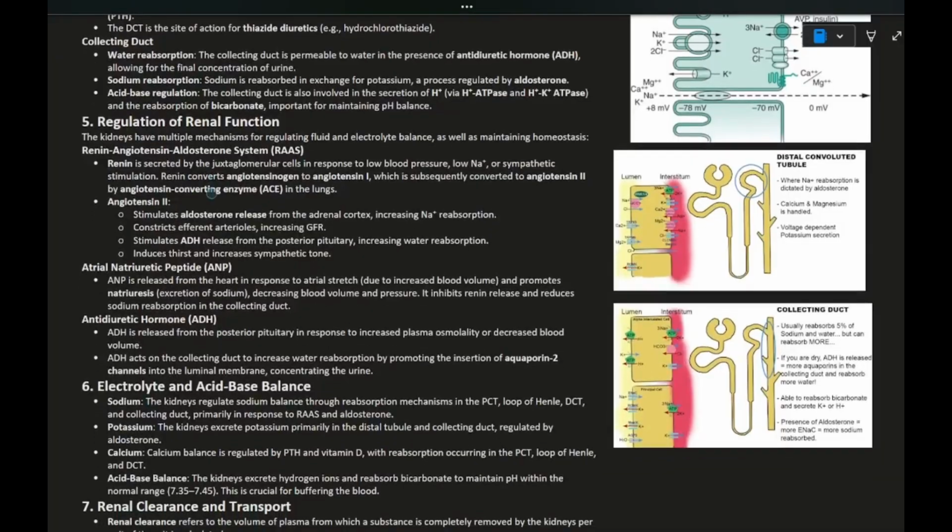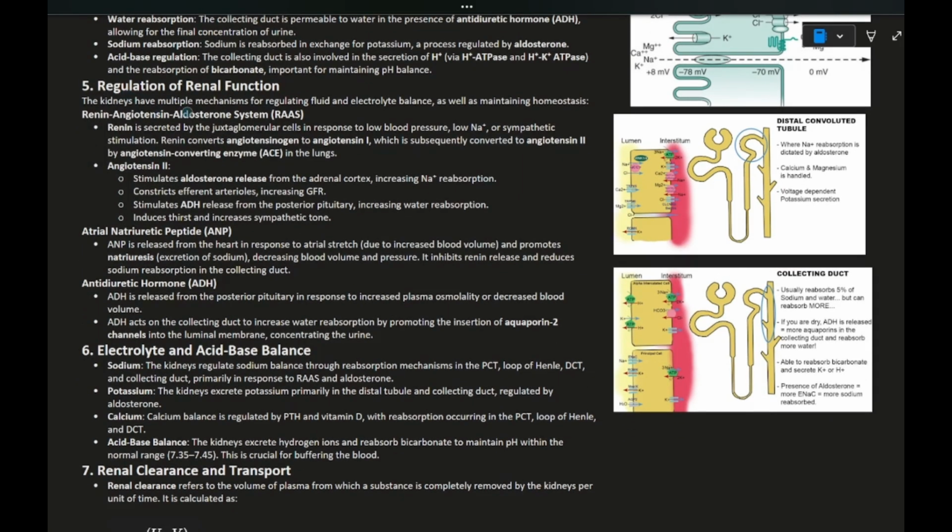Okay, now that we understand, or at least have more information of what goes on in each part of the nephron, let's talk about the regulation of renal function. So the kidneys have multiple mechanisms for regulating fluid and electrolyte balance. And one classic example is the